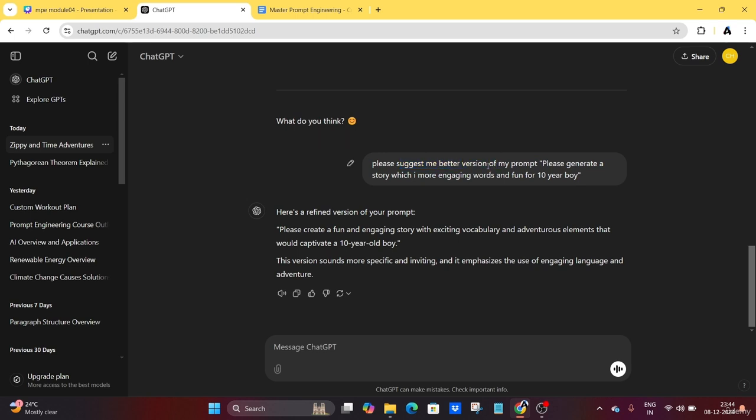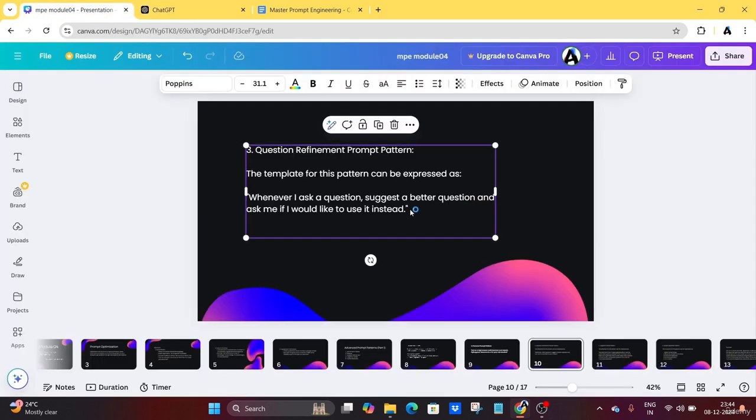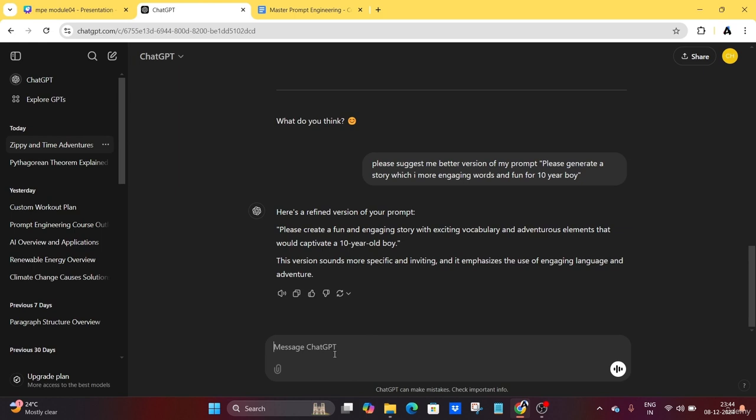It is a main fundamental sentence, or context, that we have to use in our prompt to get the best version of any input. So I will use this method. This is not an actual method. Now, if you are looking to enhance your writing skills, I will train ChatGPT to go in that flow only. For that I have written, whenever I ask a question, and instead of this you can write a paragraph, a story, anything that you want.